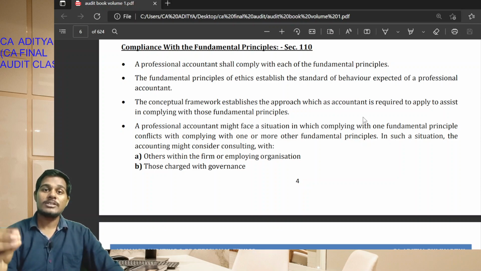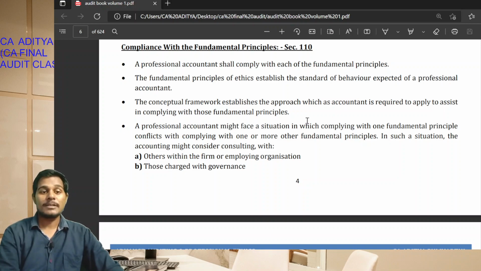When a chartered accountant is required to follow the fundamental principles, the conceptual framework will be used by the auditor for the purpose of applying those fundamental principles. For fundamental principles to apply, the auditor will use the conceptual framework in the audit. Okay, students, the conceptual framework establishes the approach which an accountant is required to apply to assist in complying